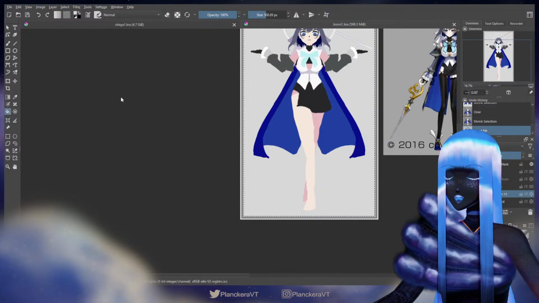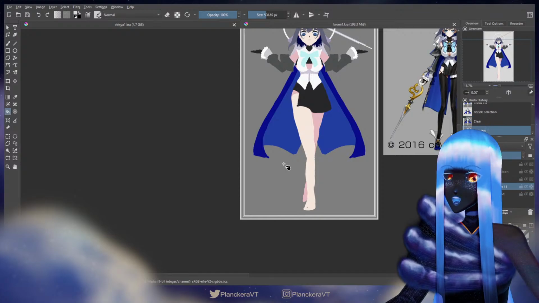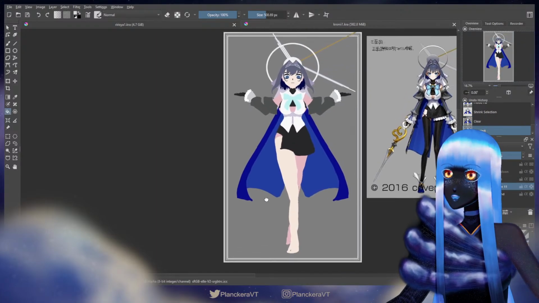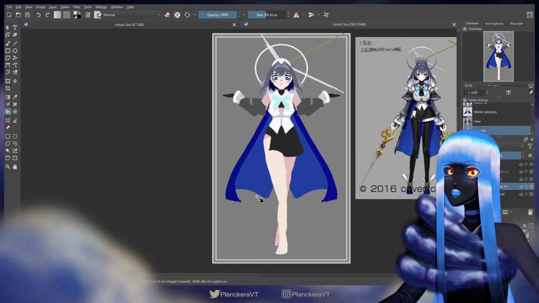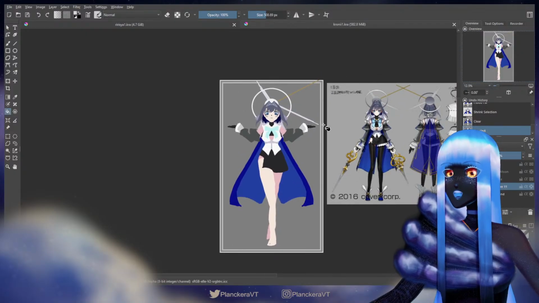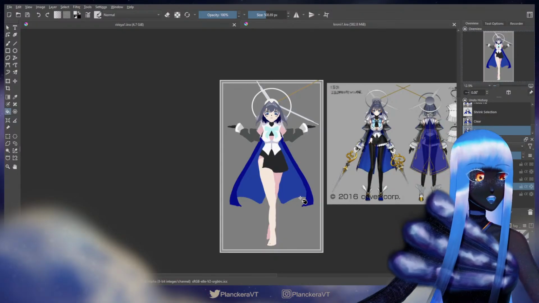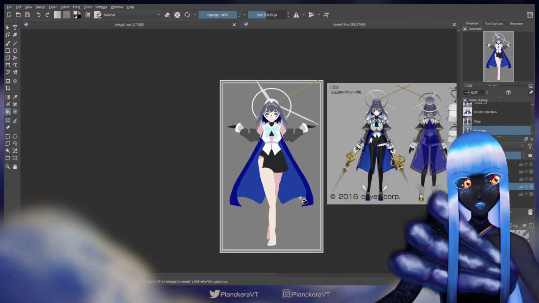I'm not exaggerating when I say that I am basing it entirely on if I like it, it's good. If I don't like it, it's bad. Yeah, that's good. I like this. In fact, I think I'm just going to leave it like that. And I think her headdress going outside the bounds of this border is actually perfect. I love it. Very appropriate for someone who's supposed to look divine.